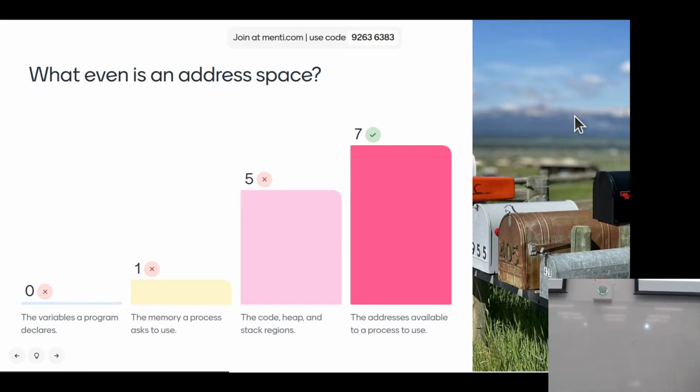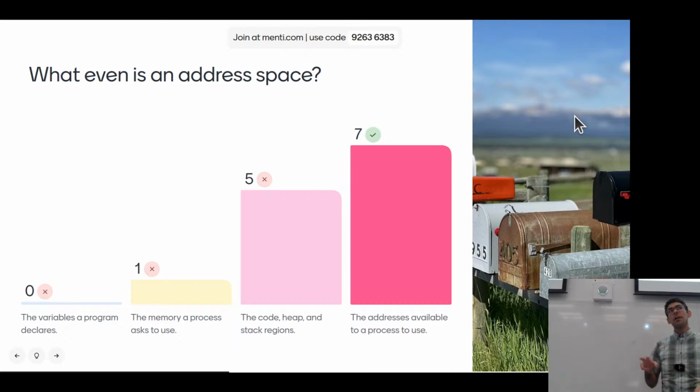All right, awesome. I want to be really clear that I think it's reasonable to have picked the code, heap, and stack regions, because as far as we've been told in Comp 2280, and even coming into this class, we've got the code region, we've got the heap, and then we've got the stack at the bottom. And when we're talking about address spaces, that's really what we're starting to talk about with those things. But as we grow up here in terms of thinking generally about virtual memory, I want to generalize this now. I don't want us to think purely in the context of those 3 named segments,